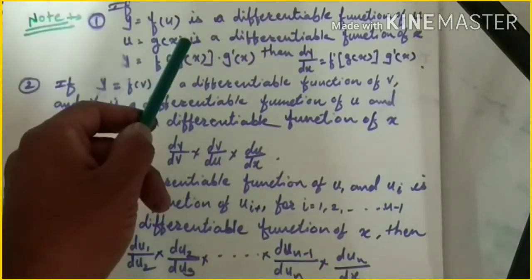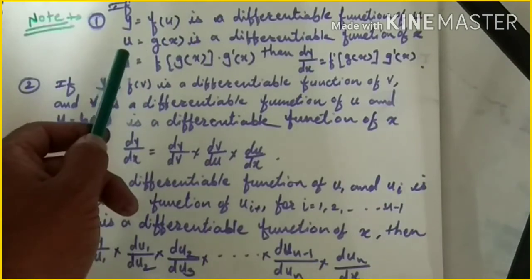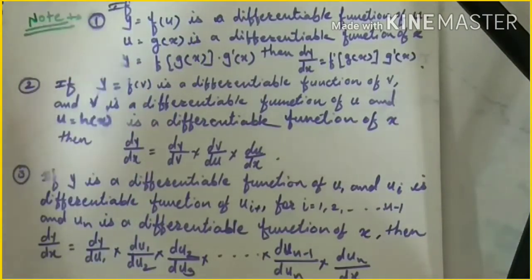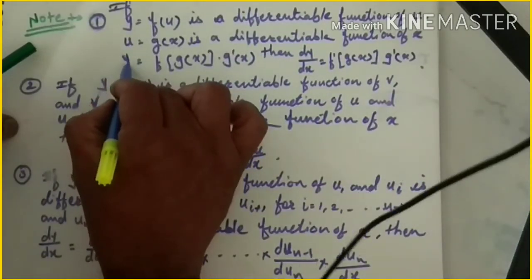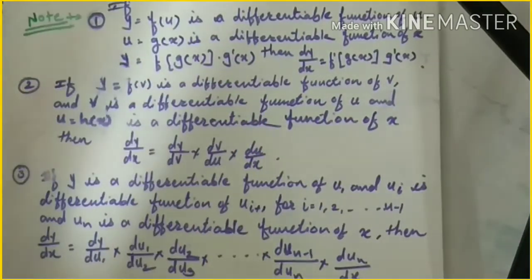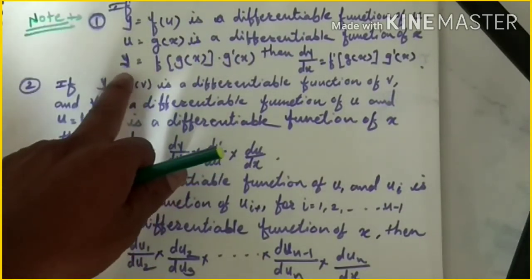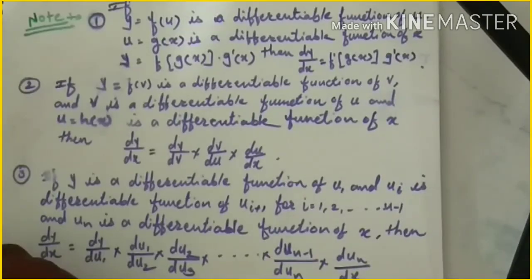If u is a function of x, we can find du by dx. So which composite function forms here? Here it forms as y is equal to f of g of x. So while taking the derivative of y with respect to x,